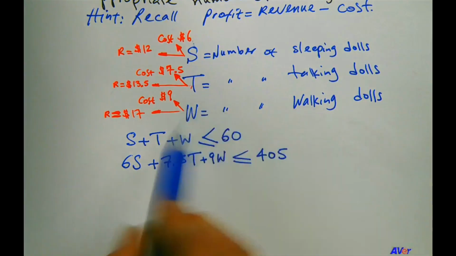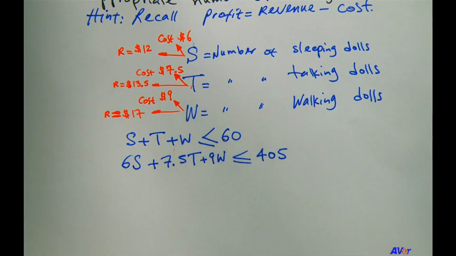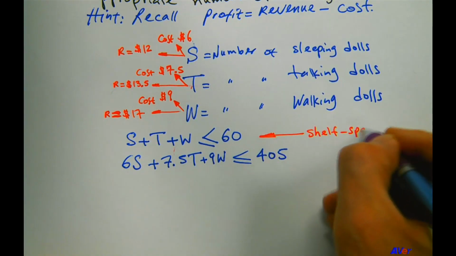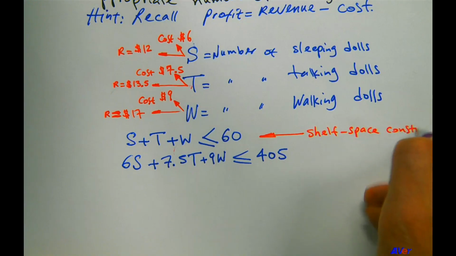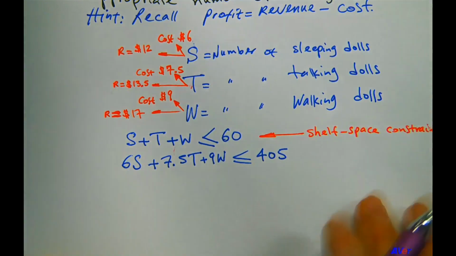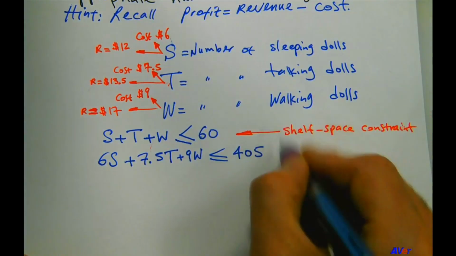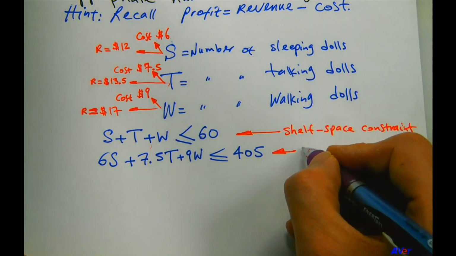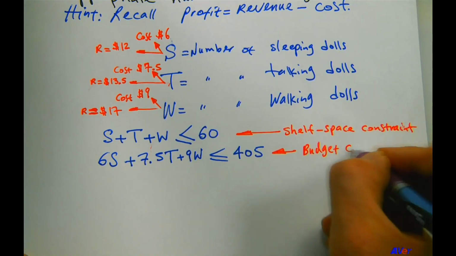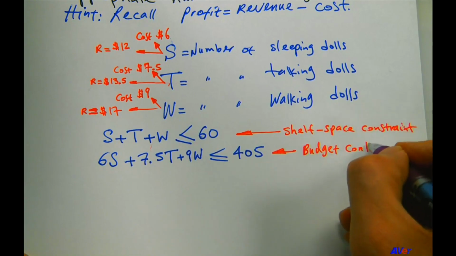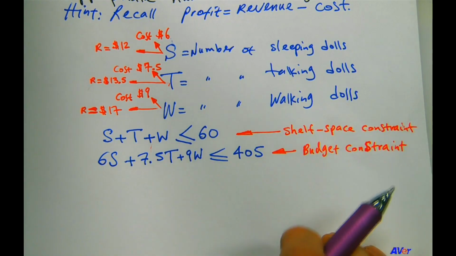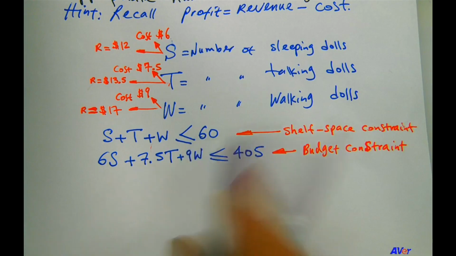So far, from the shelf space constraint, so that first one is the shelf space constraint, right? The second one is the budget or budgetary constraint, right? That's how much the store owner has to purchase these dolls. And then